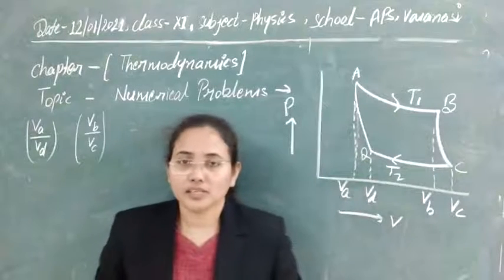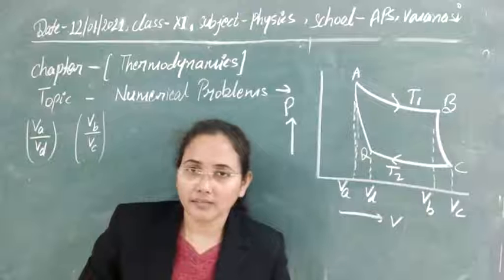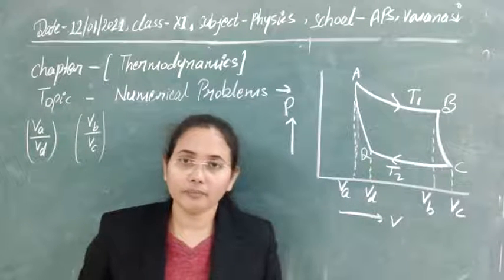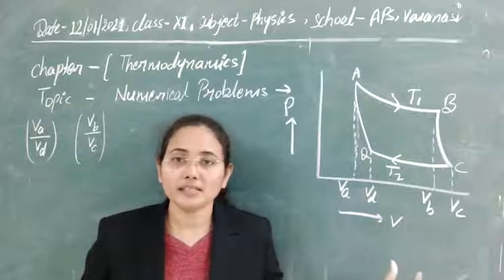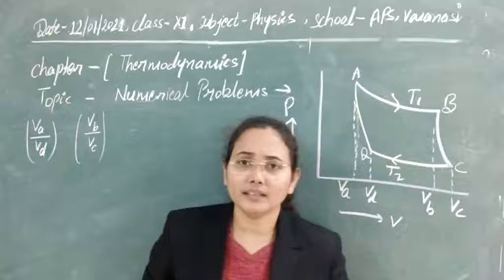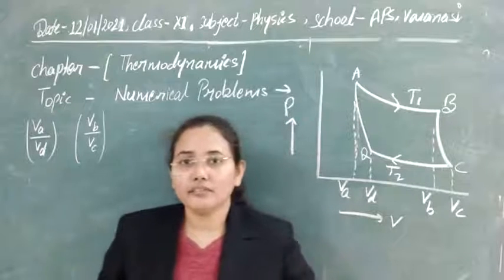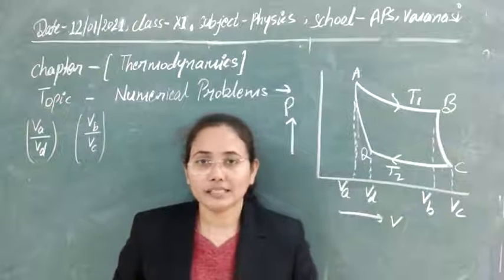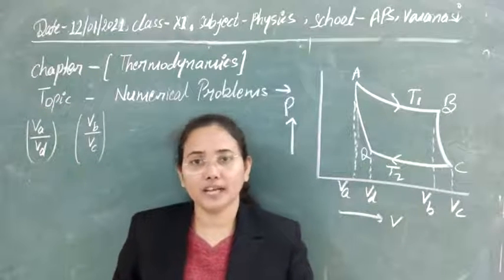So students, the next question is based on graphs. As you have just plotted the curve for a PV diagram, or for any system where pressure, temperature and volume are changing, you know that in the case of adiabatic or isothermal processes, in both there is a change in pressure and volume that takes place.